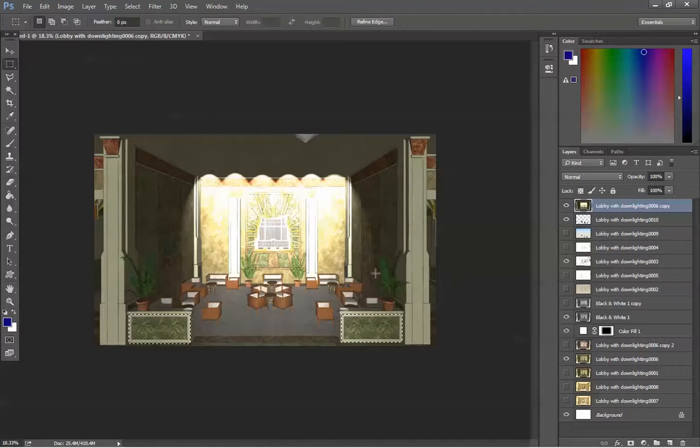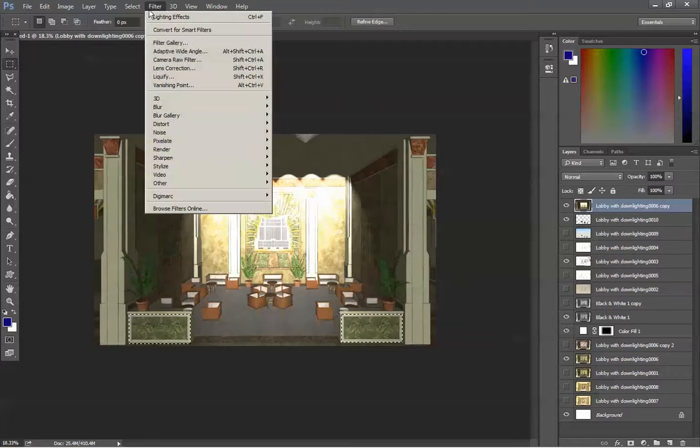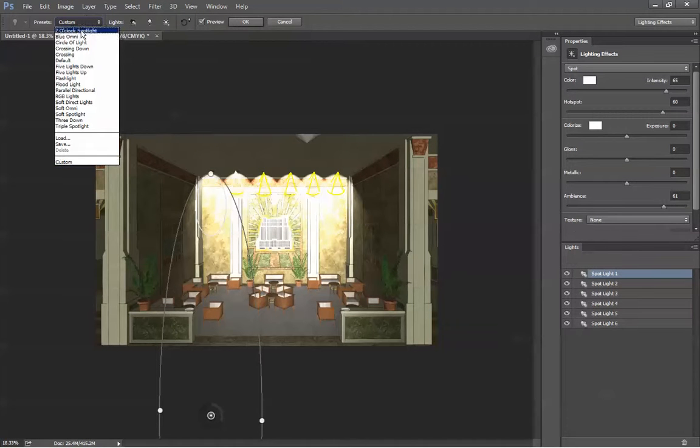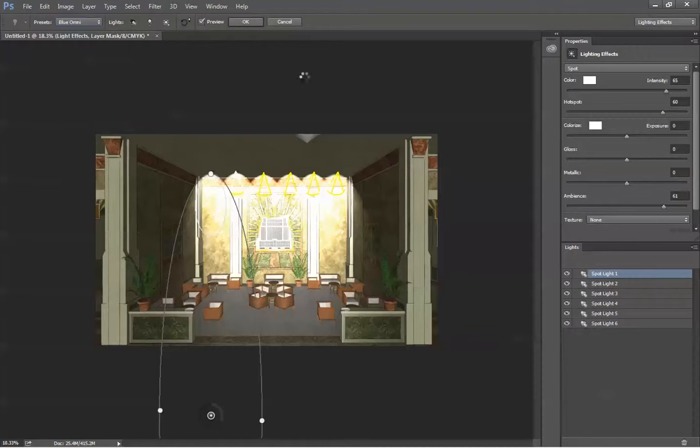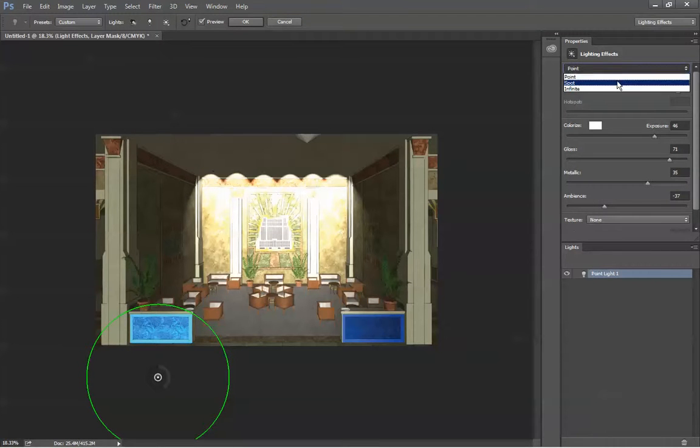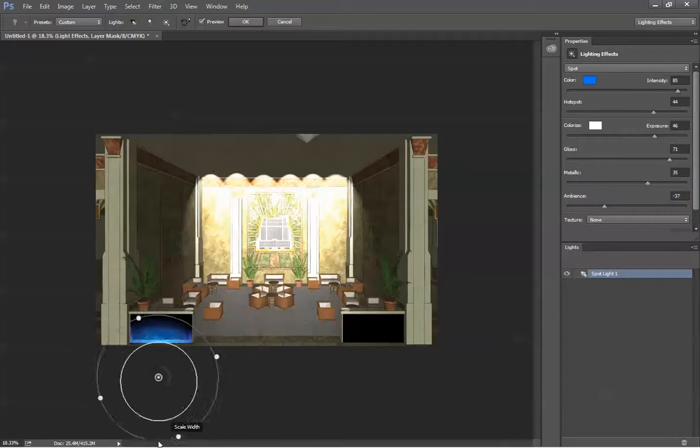So if I have a selection here, and I'm on this current layer, and I go back to my filter pull-down menu, choose Render, Lighting Effects, and now, for example, I'm just going to choose an individual light so that I just have one light to work with. This one light, as I drag it around, I can change it from its properties. So for example, now it's a point light. Maybe I'll make it a spotlight, and I'll aim it so that it's pointed up,